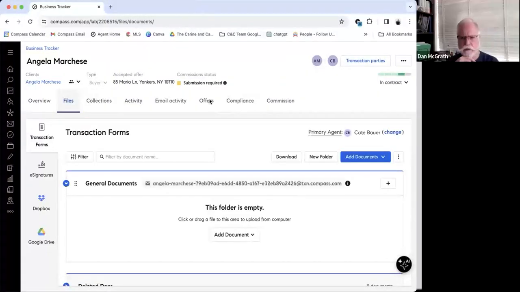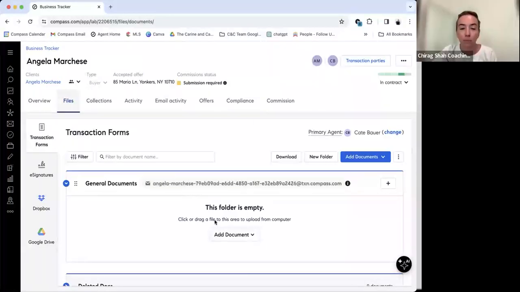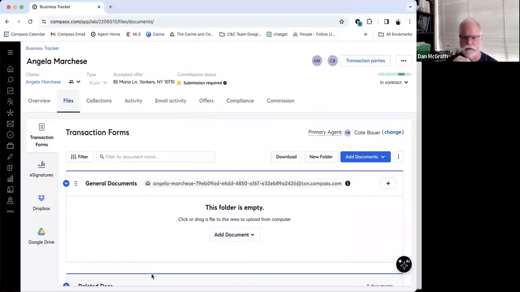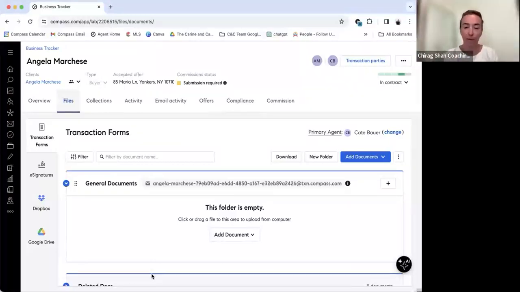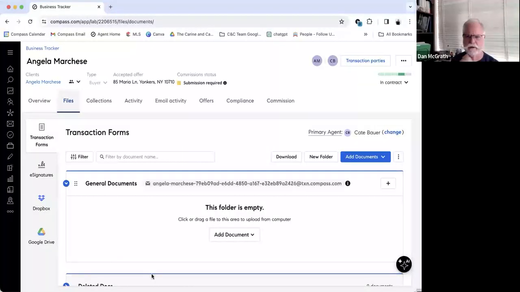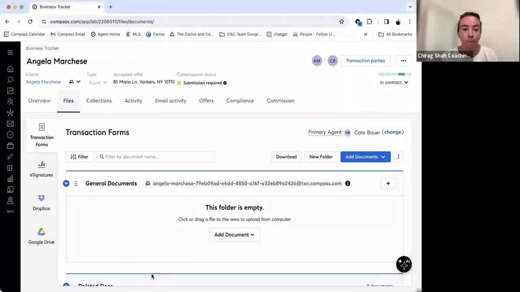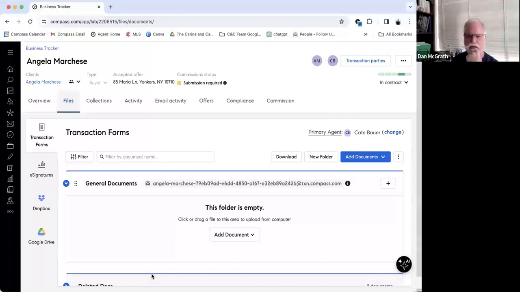I have a question. Yeah. So I use Dotloop. Okay. I don't think here in the Midwest, we can do e-signatures on this platform yet. Okay. It could be. So if that's the case and you're using Dotloop now, where do you keep the files once they're signed? Well, we transfer them to Business Tracker. We set up the Dropbox account and then transfer them over. It's an extra step.